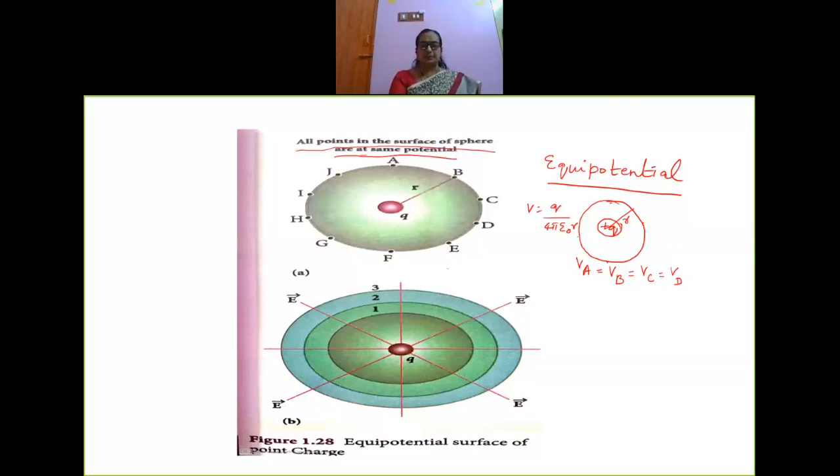Now look at this diagram. Here I have drawn again. Here I explained with respect to a charge with one sphere. Similarly, you can draw concentric spheres. And look at this diagram, children. Again, there is a point charge, a positive point charge. As you all know, the electric field line is in this direction. See, this is the direction of the electric field, and the equipotential surfaces here are concentric spheres. There are three concentric spheres drawn here, sphere number 1, 2, 3.